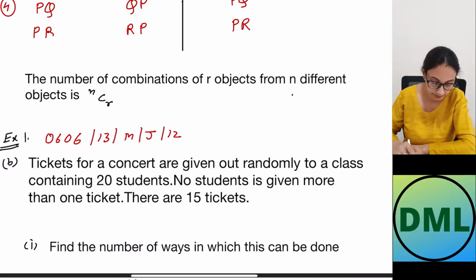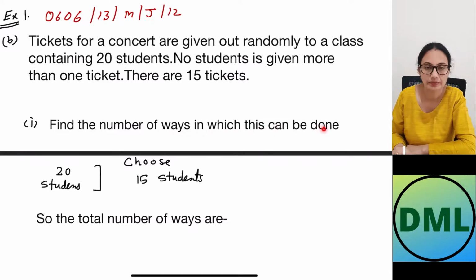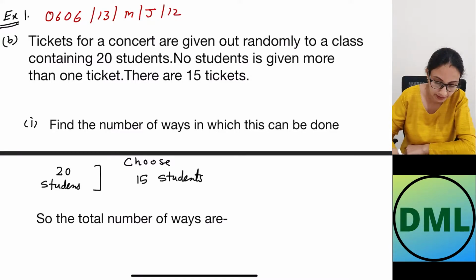Let's take one example. Tickets for a concert are given out randomly to a class containing 20 students. No student is given more than one ticket. Now there are 15 tickets with you. Find the number of ways in which this can be done. Now you have 15 tickets which you have to give to 20 students. So we have to pick 15 students out of the 20 students. The total number is 20 students, and we have to choose 15 students to give 15 tickets. So this can be done in